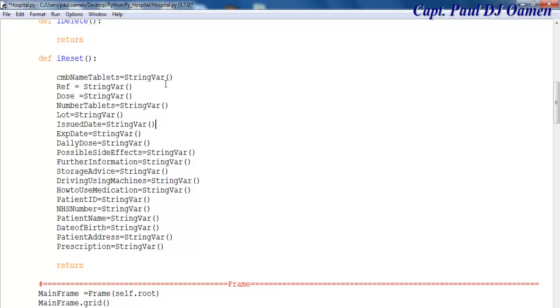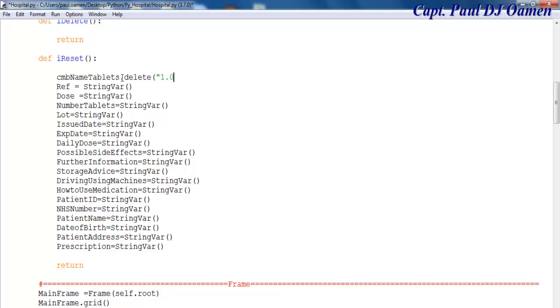This very first one, that is going to be, let's say dot delete,